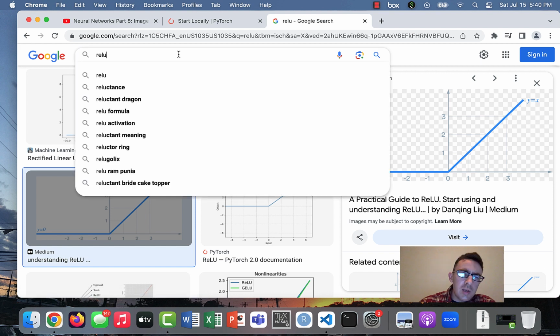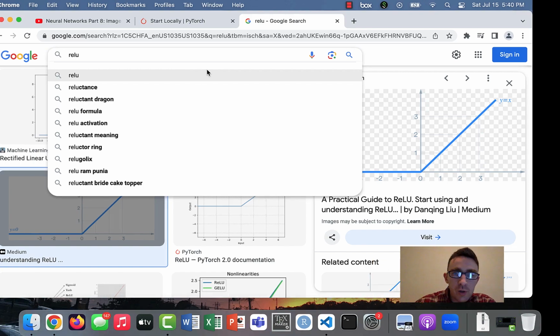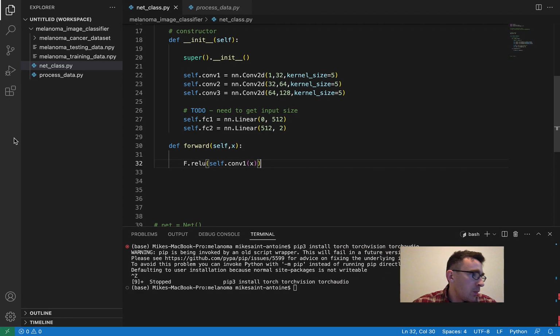It sounds like something confusing, like ReLU, but it's not confusing at all. It's really the simplest thing ever. So we're going to use that transformation on the output of this first convolutional layer,